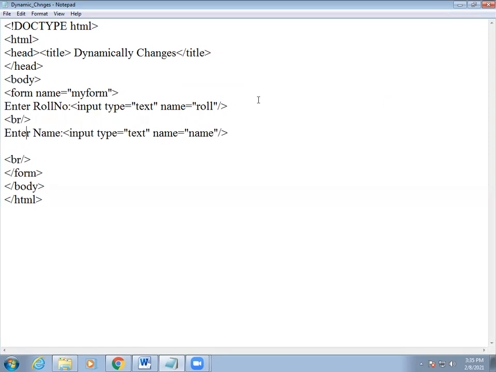When you click that button, your value will be submitted. So input type equal to, in double quotation, submit. Correct? And the value is also submit.